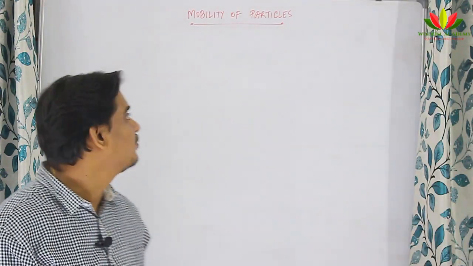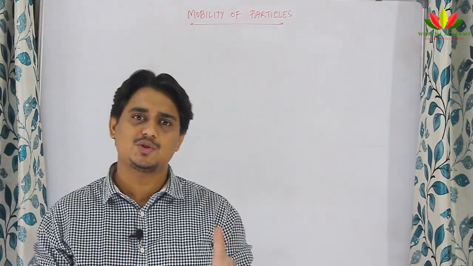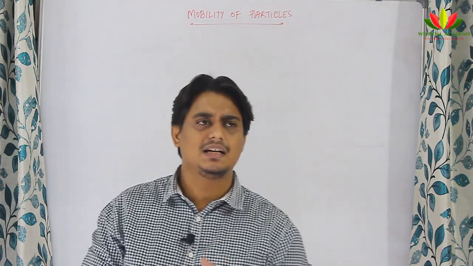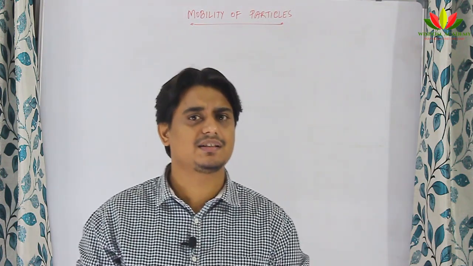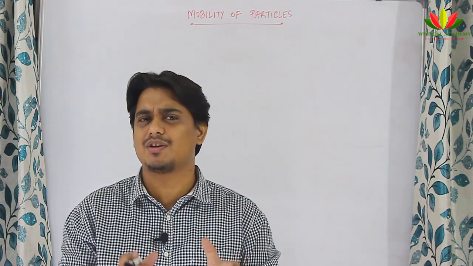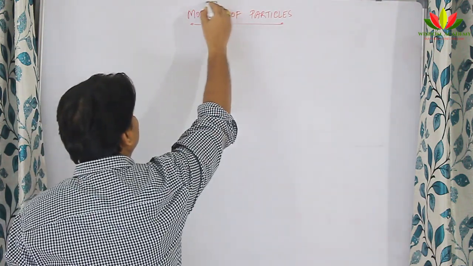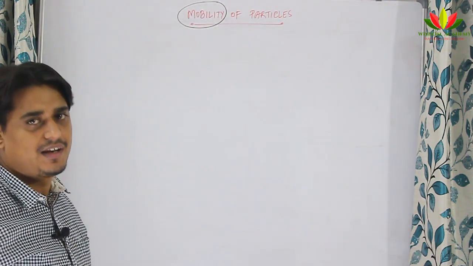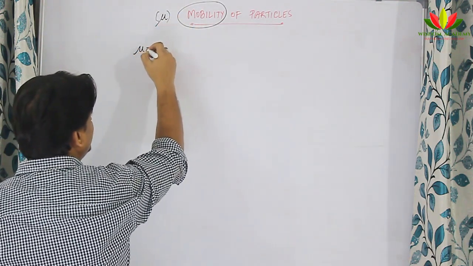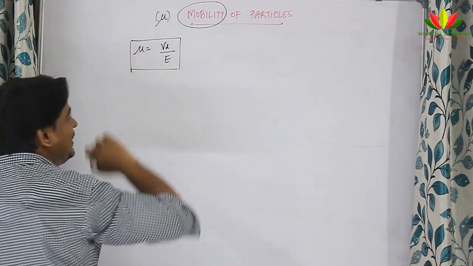Let us see the next topic, that is mobility of charged particles. So what is mobility? You have understood that the charged particles, that is the ions in the case of liquids, holes and electrons in the case of semiconductors, and of course electrons in the case of conductors, are the mobile charge carriers. They are responsible for the carrying of current. So what is mobility? Mobility is drift velocity per unit electric field. It is represented by a quantity called mu. So mobility mu is equal to drift velocity per unit electric field. This is the mobility formula.